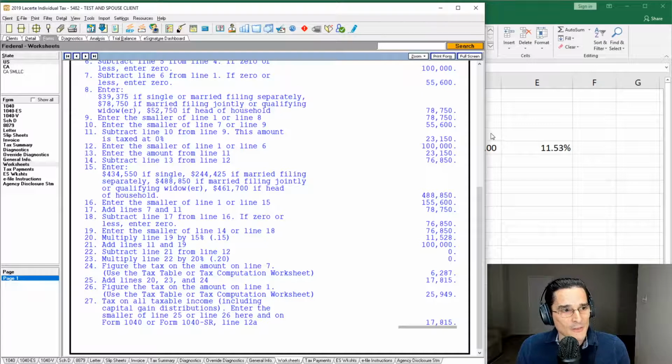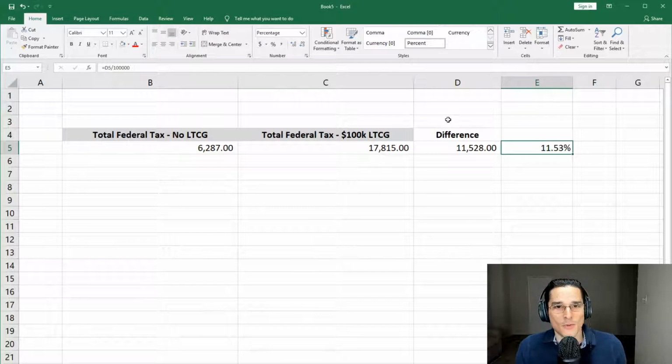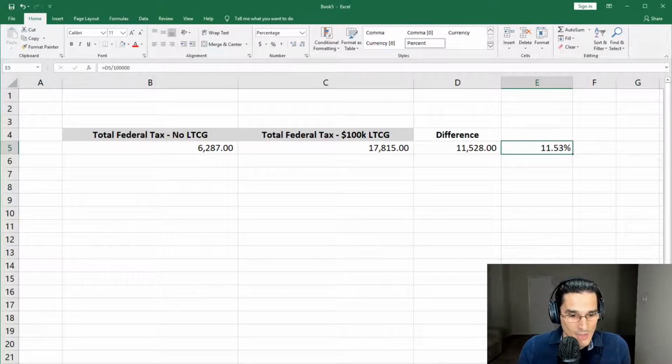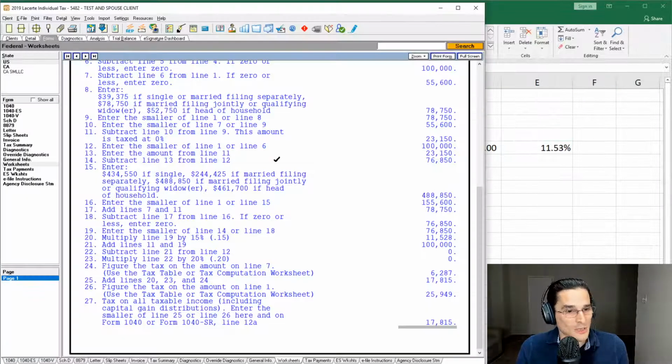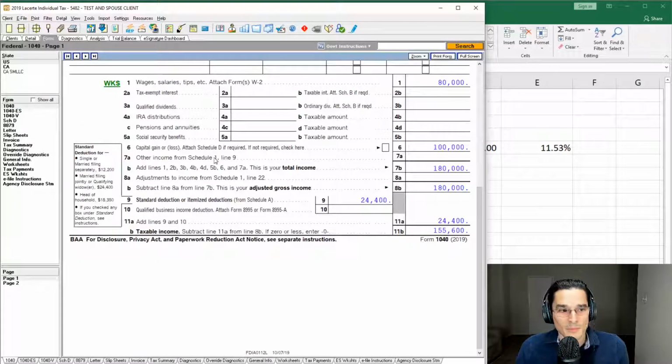So really what you have there is a blended rate whereby a portion of the gains are taxed at the 15% rate and a portion are taxed at 0%. And what you're getting there is essentially a tax impact, if you will, of 11.53 or right about 12% overall. So that should hopefully give you a better idea of what's happening under the hood if you have this transaction occurring in a particular tax year. And overall, that's going to be the approximate impact.